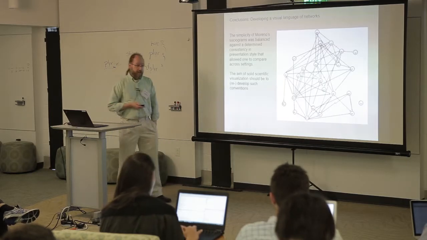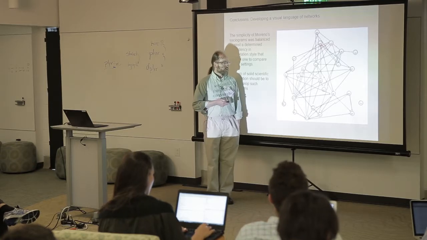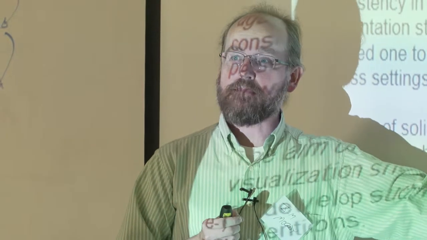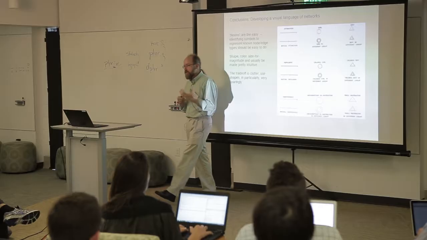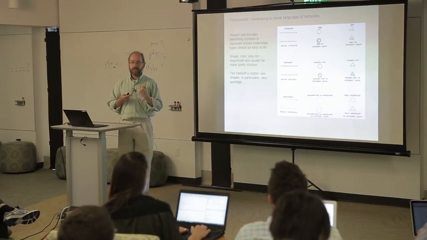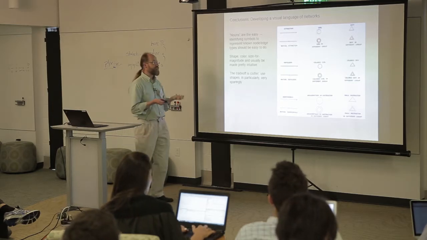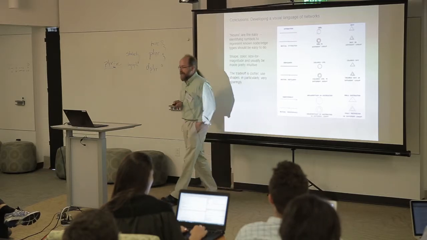What's left to be done in this field? One of the main things to do, I think, is something that Moreno started with, which was that Moreno really tried to develop a grammar of visual graphics for networks. And so each of these types of elements had a meaning. And that meaning he tried to be consistent with over time, right? So circles were girls, triangles were boys, red was positive, black was negative. And by using this kind of visual language, his thinking was that we'd be able to see something and learn how to write a paragraph, if you will, with this language in a way that is harder to do otherwise. That hasn't really caught on.